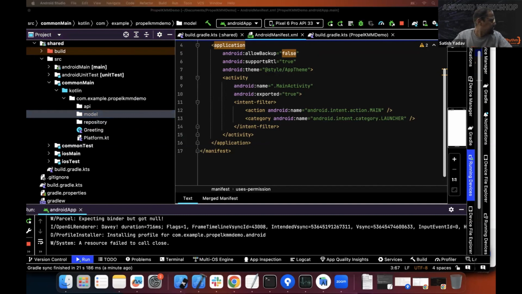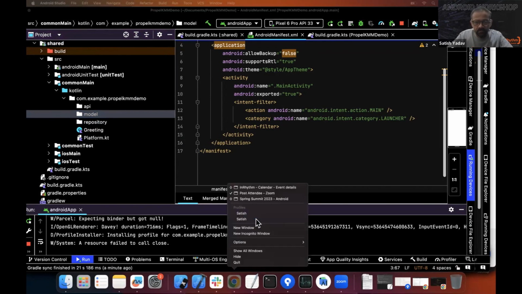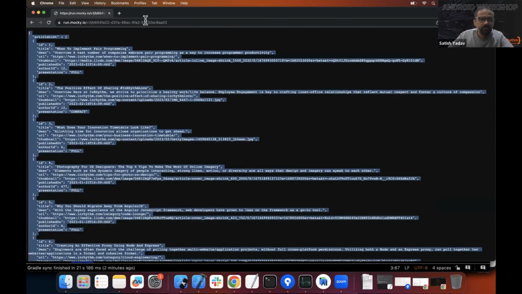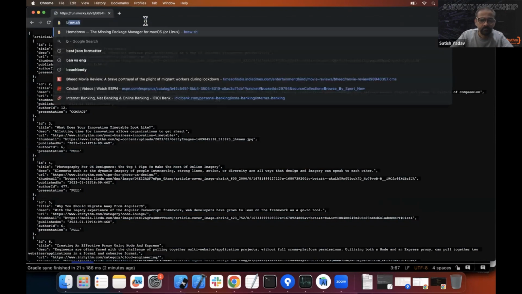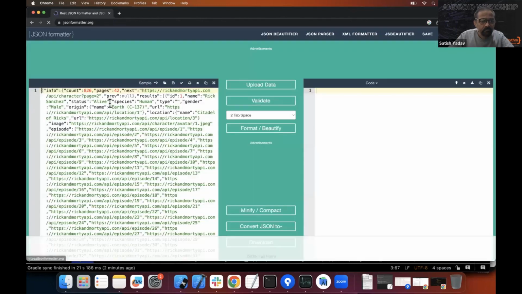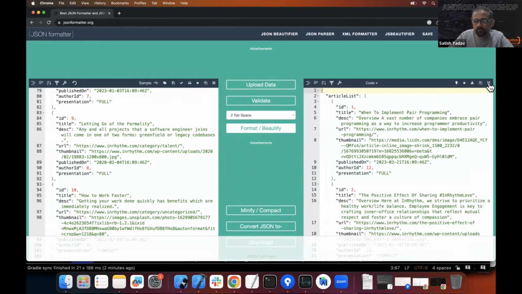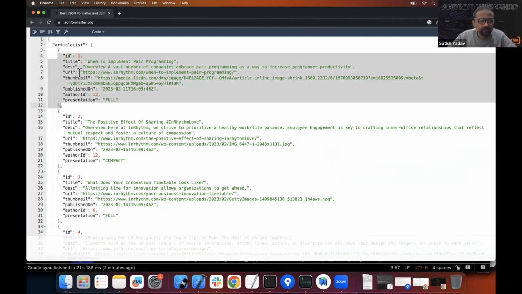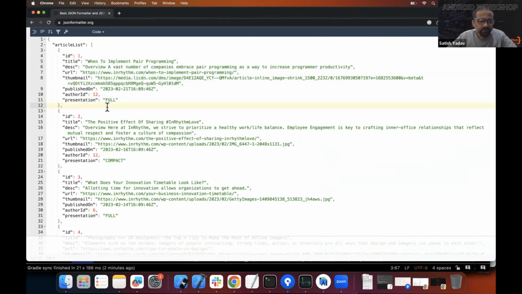So in my model, right, I need to have an exact model what my JSON is going to return back. So let's see how that JSON looks like. So this is the first API we are going to call. Let's make it look prettier. Yeah. So this is how our first API call looks like. So it has an article list, and each article has these properties or fields. It has an ID, title, description, URL for the article, thumbnail for to show it in the list, when was the article published on, the author of that article, and how you want to present it, whether it's a full or compact